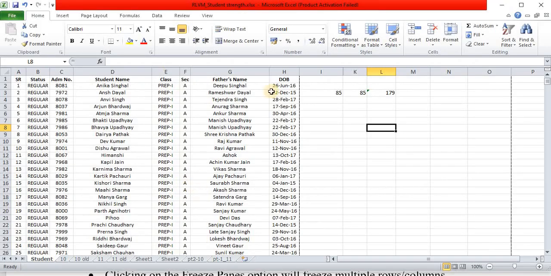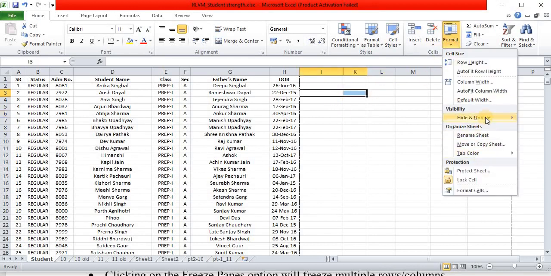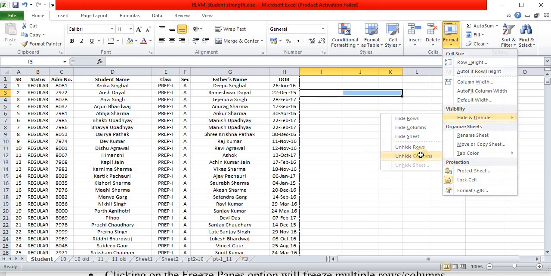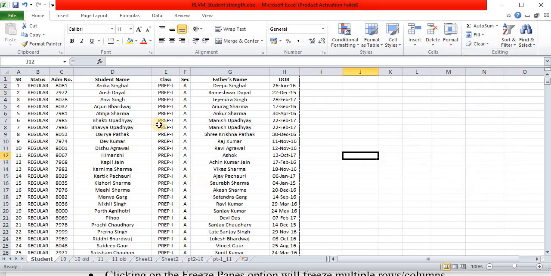Now in this sheet, delete this data and unhide your column. Okay. Now in this sheet you can see all the columns. What will happen if I have multiple columns?